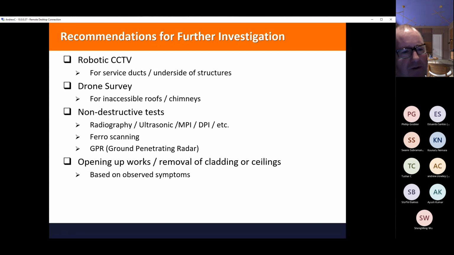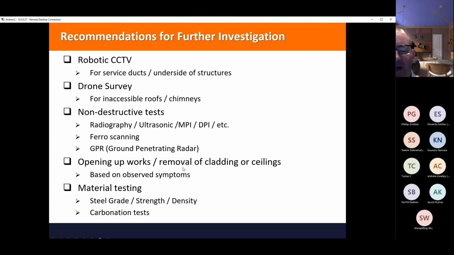Always make sure you do some pre-survey before you start digging up the ground. You can do some opening up works, so you can recommend you remove parts of some cladding or ceilings. Most modern office buildings certainly have ceilings that just pop out, and you can take off a ceiling tile and have a look into the structure that's hiding behind it. Cladding, well, from the outside you can cut a section, or preferably take it from the inside, which is removing a little bit of plasterboard and having a look. And this is where you can poke in your endoscope or borescope and have a look.